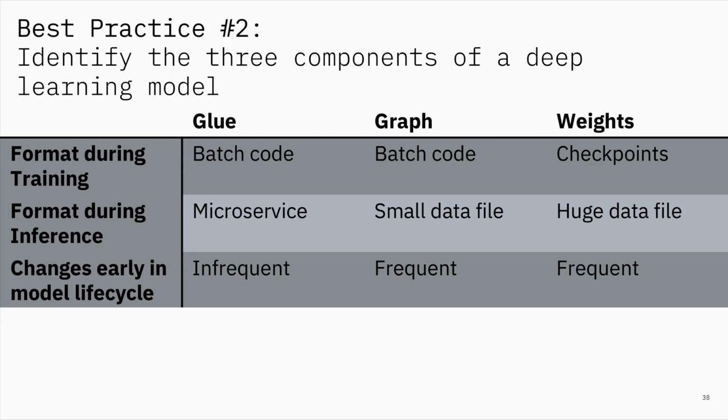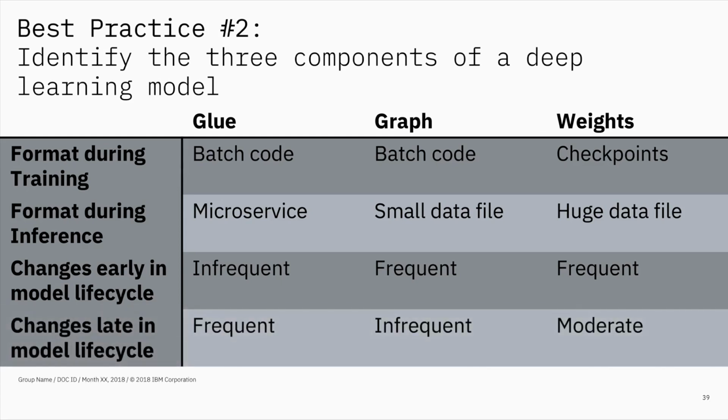After that's been going on for a while, the model kind of levels out into something that is good enough, where you have decided that you've found a good graph and a good set of weights, and the only reason that you're producing new weights to parameterize this graph is to deal with drift in the application itself. Say the characteristics of whatever it is you're trying to predict change a bit over time. So you have infrequent changes to the weights, the graph just stays the same, but now your glue code is